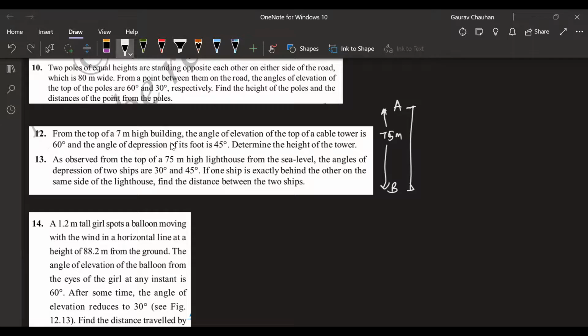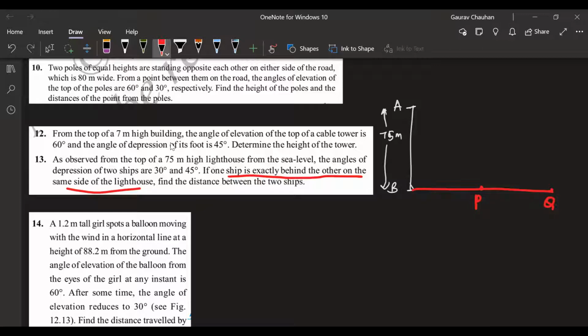Lighthouse is at the end of a shore. So there are 2 ships which are exactly behind one another on the same side. Why is this sentence important? Because these are collinear. Let this be P, let this be Q. So the first ship is at P, the second ship is at Q. That's what they're trying to tell, so that you don't think of it as a plane, you think of it as a line. It's not somewhere in different points, so that you end up making the diagram. That's why the first ship is at P, the next ship, that is Q, is exactly behind P.